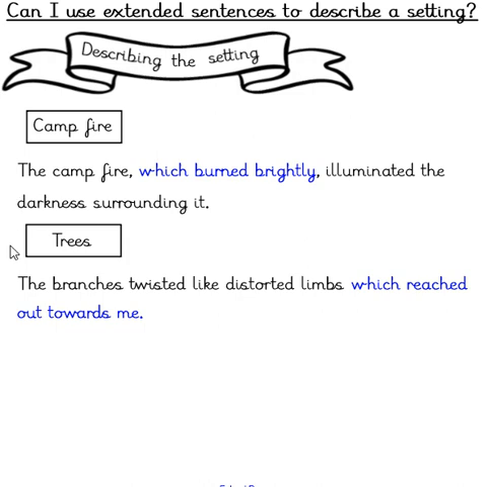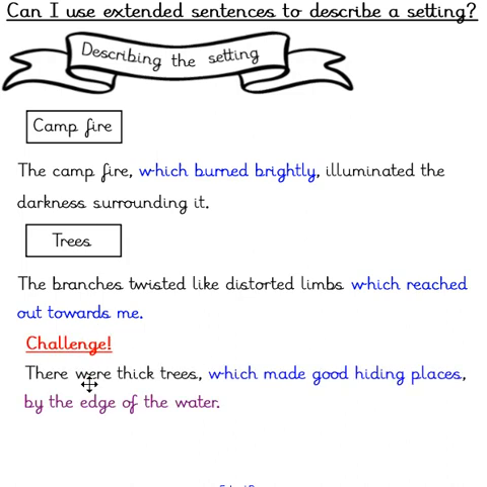Something else I spotted in the clip were the trees. The branch twisted like distorted limbs which reached out towards me. Here my relative clause is introduced by the relative pronoun which, and my relative clause comes at the end of the sentence. Because my relative clause is used at the end of my sentence, there is no need to use a comma. I would like you to have a go at describing as many different things about the setting as possible using relative clauses. To stretch and challenge you,